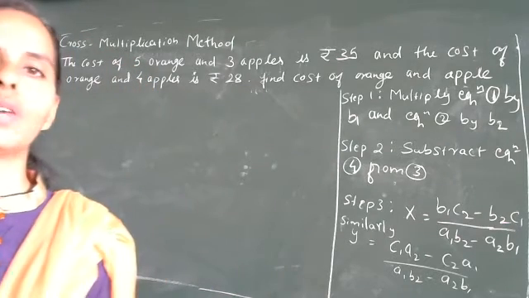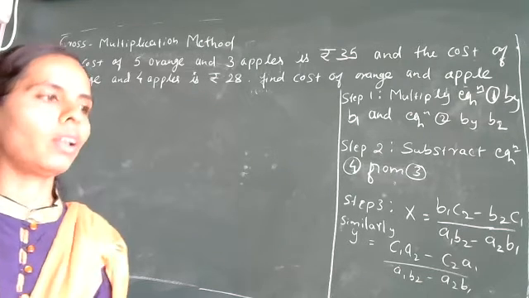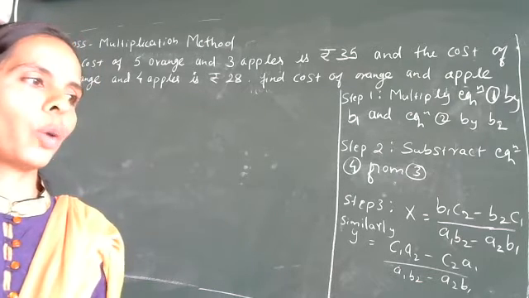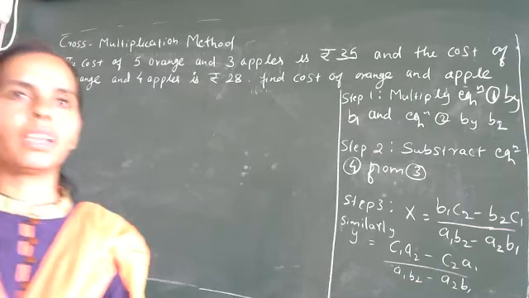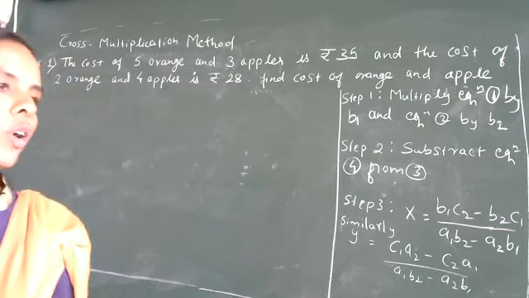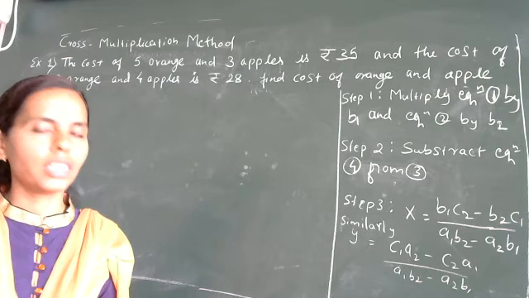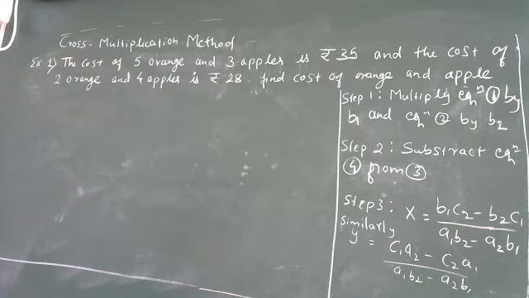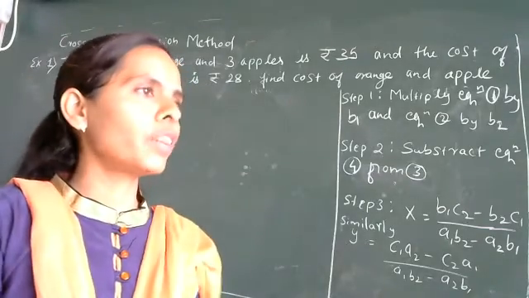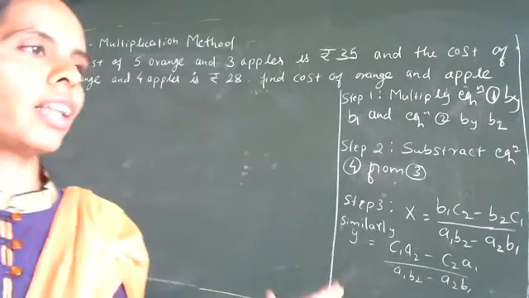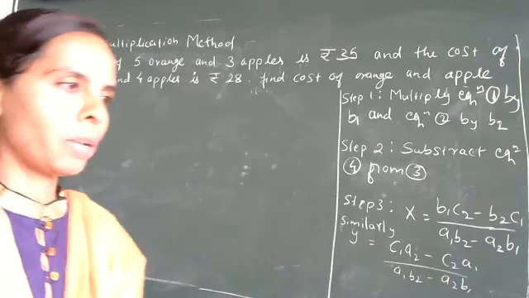Yes, in previous videos we have seen different methods of solving linear equations in two variables. First is the graphical method, which is a geometrical one, and then after that we have started with algebraic methods. In algebraic methods we have three methods, of which the first we have already studied. What is that? Yes, it is the elimination method, and the next one is the substitution method. Right? First we saw the substitution method, then in the last video the elimination method, and now the last one, that is the cross multiplication method.